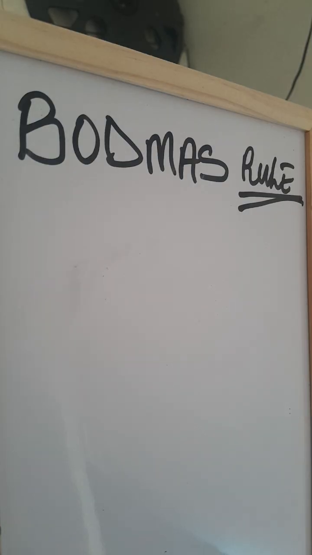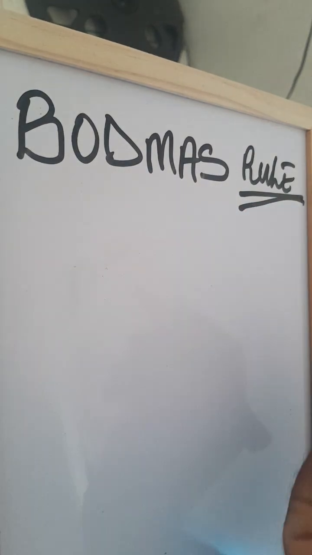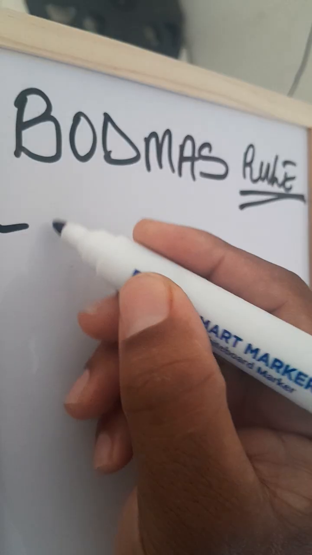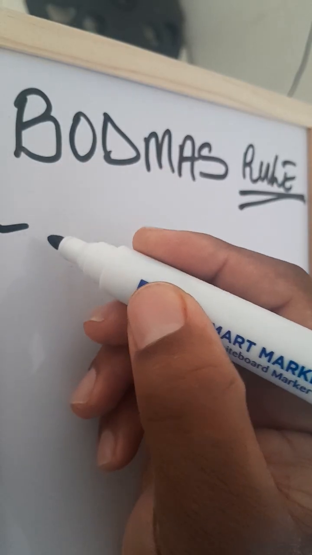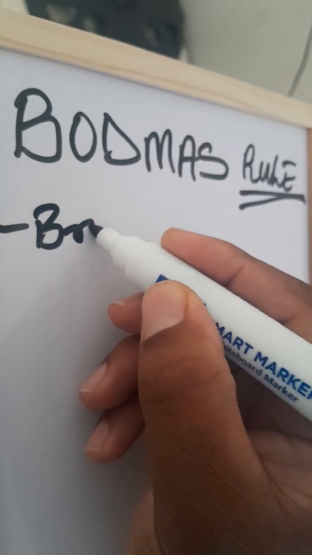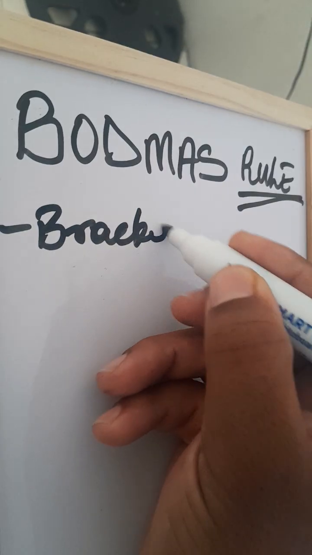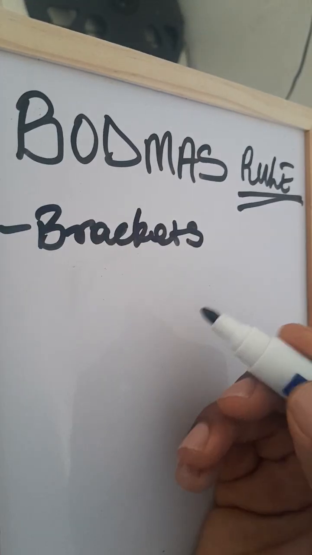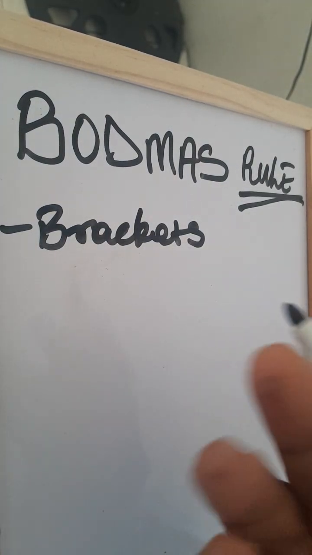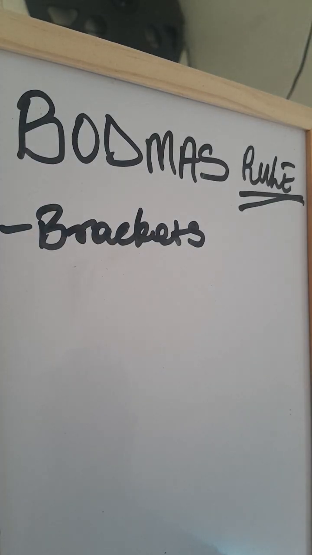So basically, the BODMAS rule talks to us about B, which means brackets. It means brackets. So what is the meaning of brackets? Basically, for you to deal with mathematical problems,